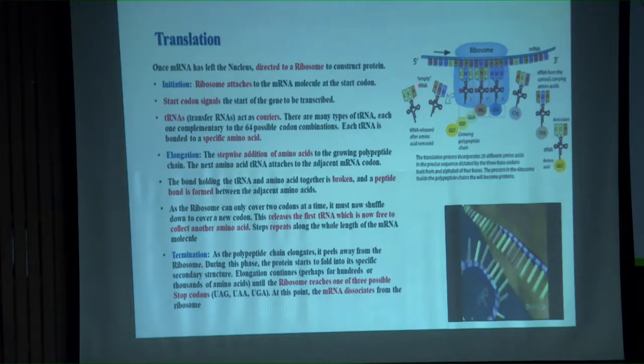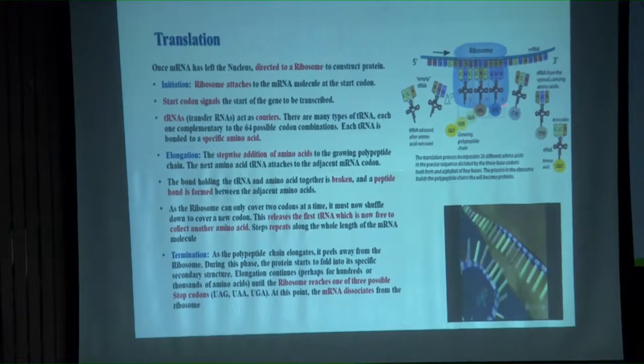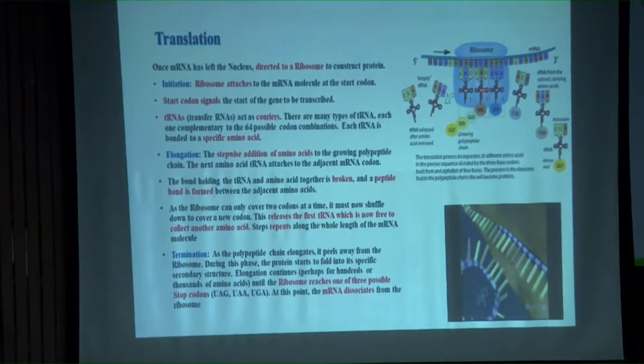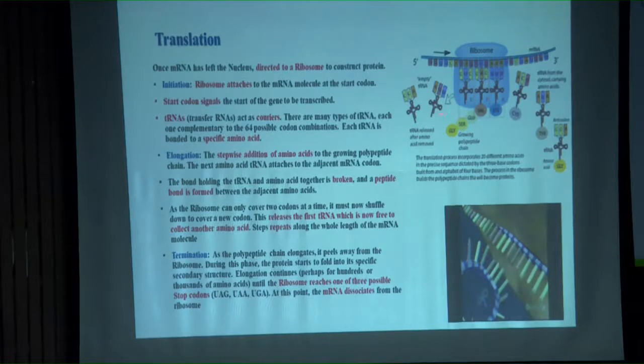So they are carrying amino acids and matching with the position of the codon on the mRNA, and they are leaving the amino acid. When they leave the amino acid, their bond is broken and a peptide bond between the amino acids is formed. Once the purpose of the tRNA, the delivery of the amino acid, is completed, it goes back to the cytoplasm to pick up another amino acid.